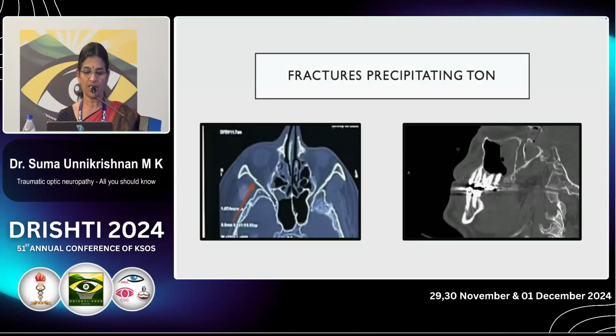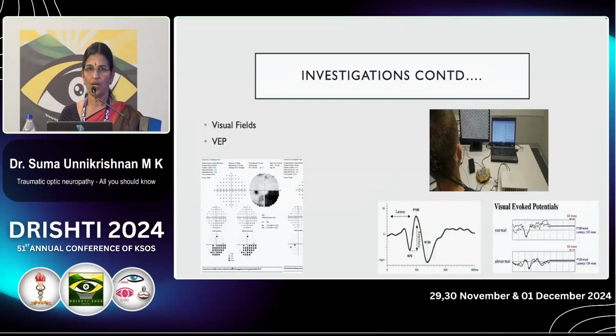This is a lateral wall fracture and a sphenoid bone fracture. The other investigations are visual fields in awake patients and VEP, especially in bilateral cases when the pupillary assessment is very difficult or inconclusive. This also has a prognostic value. With VEP, less than 50% amplitude will have very bad visual recovery. But the fallacy is that when there is a concurrent brain injury, the amplitude may vary. That can also result in reduction of the amplitude of the VEP.